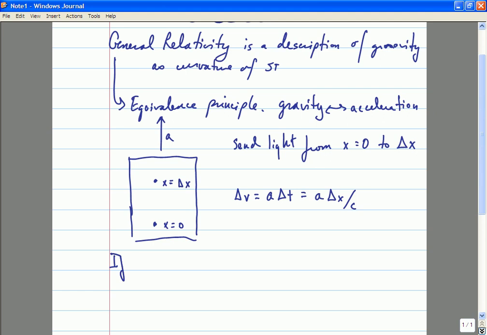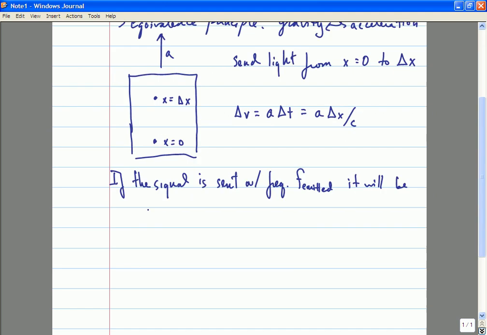So, if the signal is sent with some frequency, let's call it f emitted, from x equals 0, it will be received with a frequency that's given by the Doppler formula, that will not be equal to f emitted, but rather will be equal to f emitted times some factor,